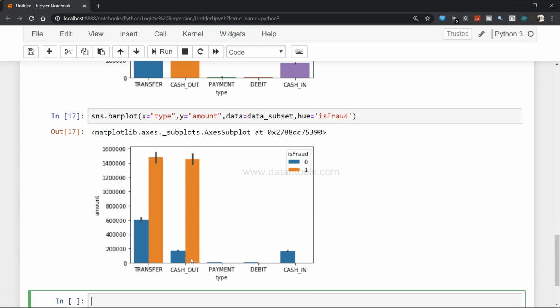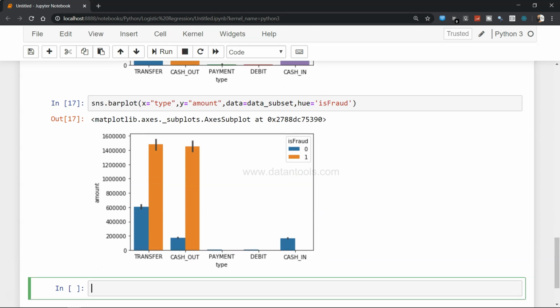Once this executes, it gives me a clear indication of the fraud, this particular orange, is over here. So in case of transfer and cash out, most of the time fraud has happened, and those categories are standing out and give me an indication that these two categories are important whenever we are evaluating fraud information.